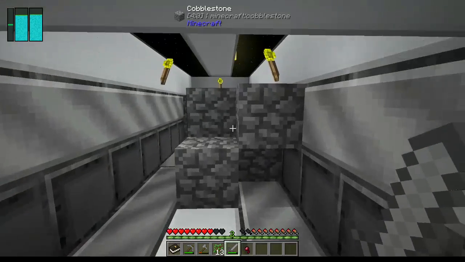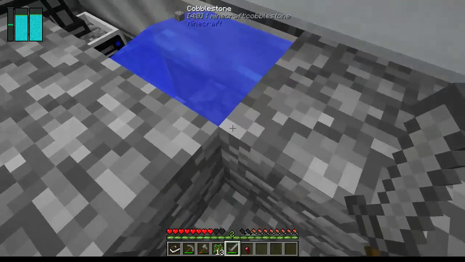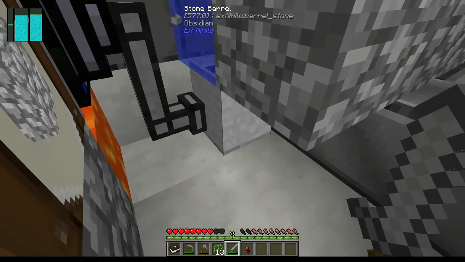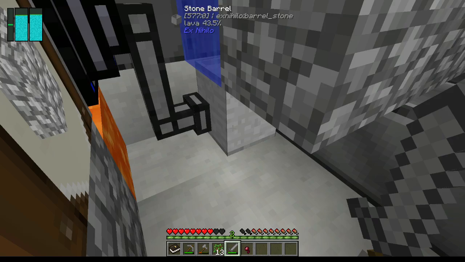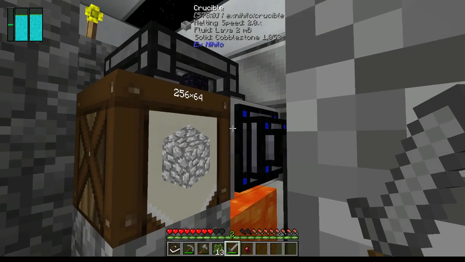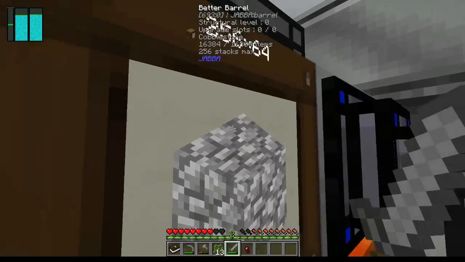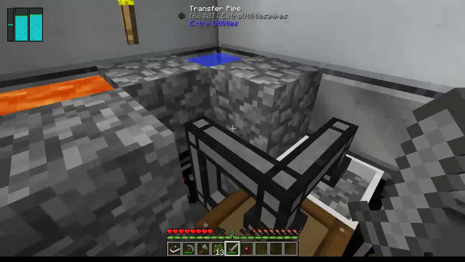I've got a mess down here, it looks like, right? So I've got some water flowing down into a stone barrel, making me obsidian, right? I've got myself a crucible. Whoop, get my obsidian. I got myself a crucible. It's being fed from my